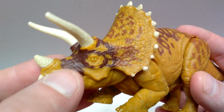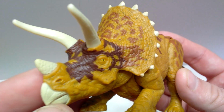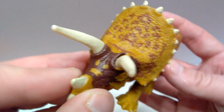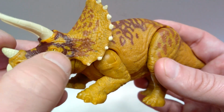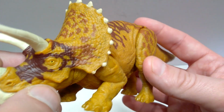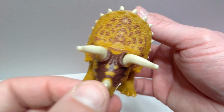Up here on the face, we start to get this very nice dark brown. It's like a burnt umber brown almost. Very dark looking brown that kind of litters the face, runs up here in between the horns, and then comes around the eye, borders around the eye there, and then it transitions to more of a chocolate bar type of brown, and then that brown kind of litters the entire frill and has a very